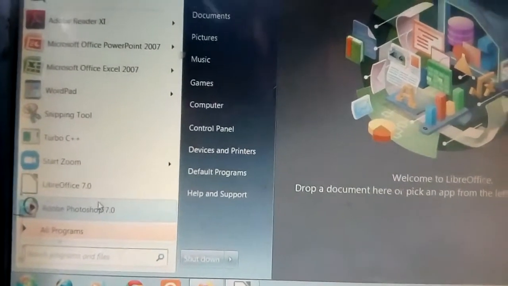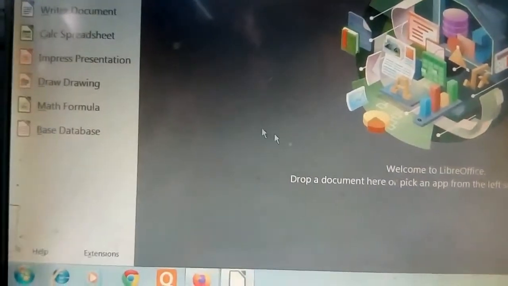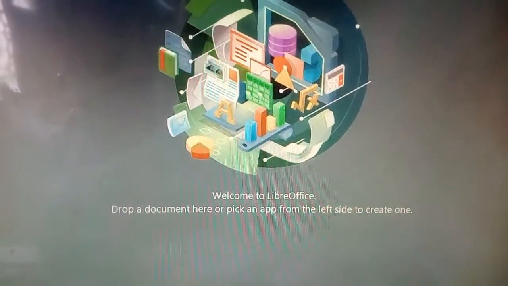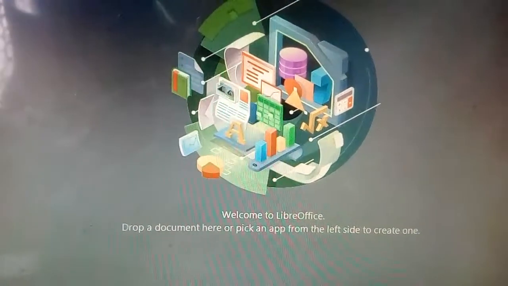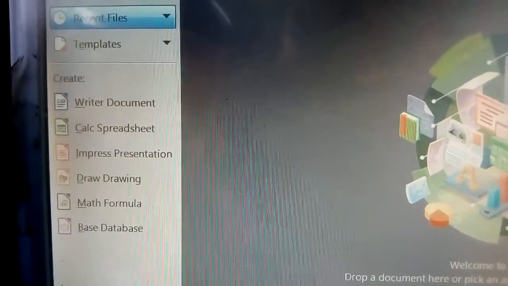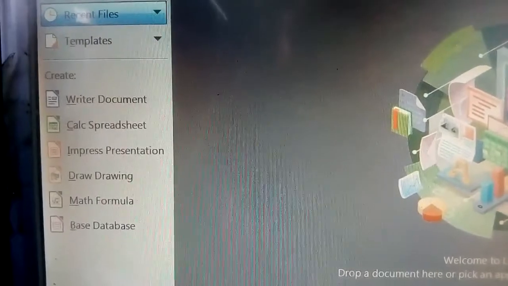When you click on LibreOffice, this will come. You can see here, Welcome to LibreOffice, drop a document here, or pick an app from the left side to create one. Now which one you want to do, from here you have to select.